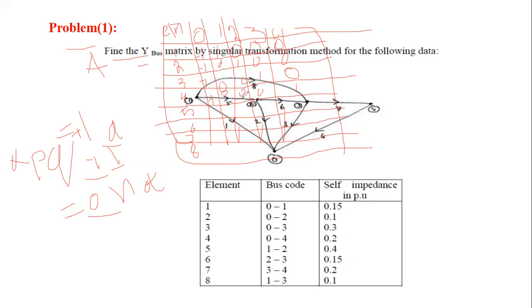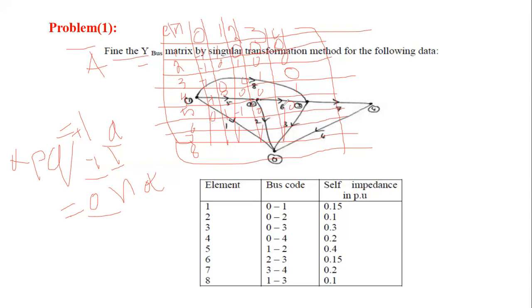Similarly, the fifth element. This is the fifth element that is placed in between the first node and the second node. The remaining nodes are not incident, so they are considered as 0, 0, and then we make the signs. The fifth element is away from the first node, so we consider it as +1. The fifth element is towards the second node. Towards means -1.